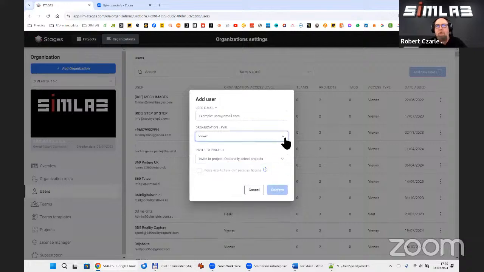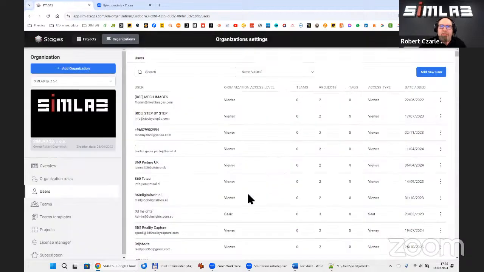The viewer role is quite specific because to invite someone as a viewer, you don't need to buy a special license for this person. The viewer can see the project, can see the details of the project, can see the content of the notes, can use timeline split screen, but cannot change anything. That's why such a role doesn't need a special license. You can invite as many people as you want using the viewer role.